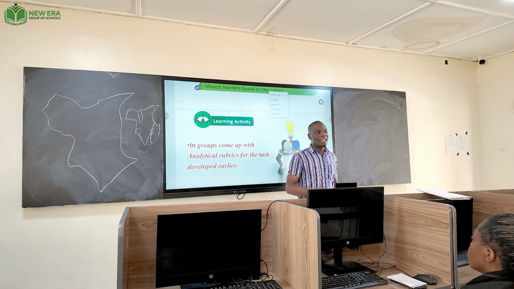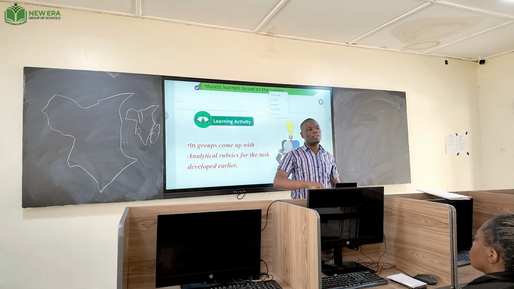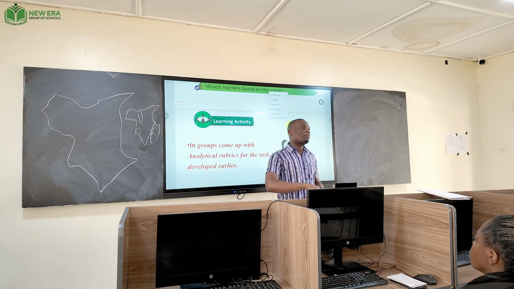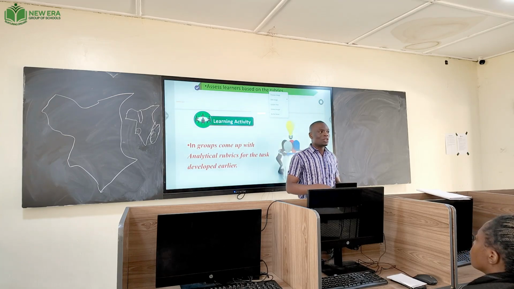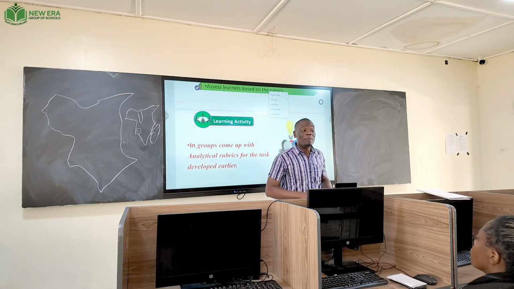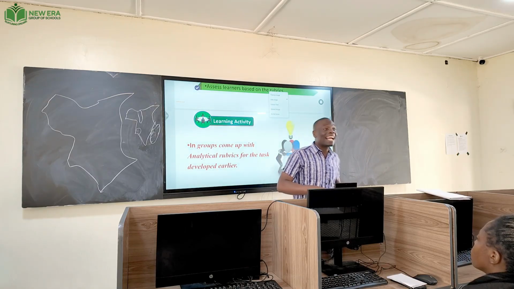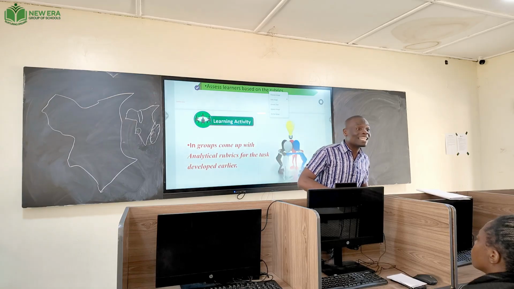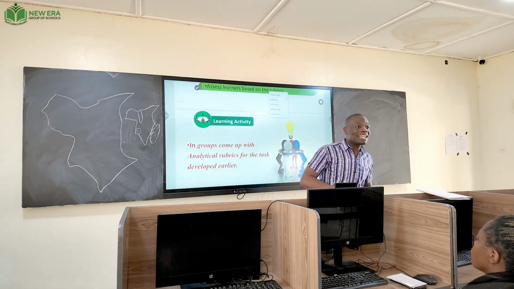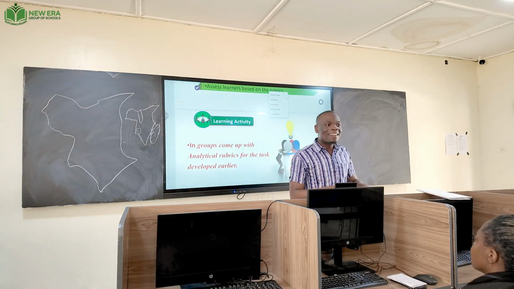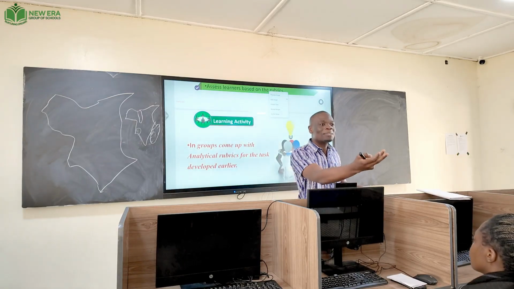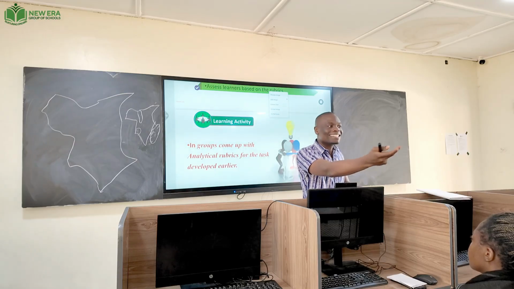A learner is given a specific task to do research and present the findings. Remember the projects, we have 3 types of projects: income generating, learning projects, then